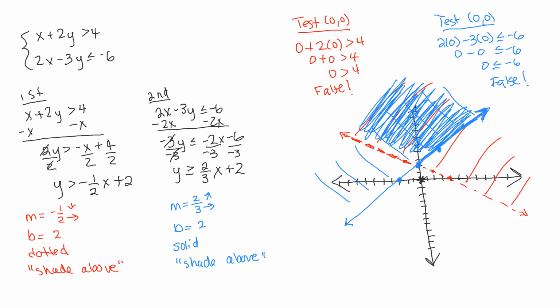All right. So the last example I want to cover is horizontal and vertical. So they're actually quite a bit easier. Let's say we have a system of inequalities and it is x is less than 3, y is greater than or equal to -1. So here's the deal. For x is less than 3, this is vertical. I think I might do the vertical line in red. Yeah, let's do this. This is a vertical line